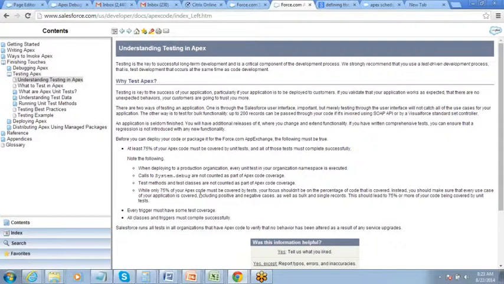Let's say you have some validations in that object. You're performing an insert operation and you have some validations. Okay. So in the test, you should try to insert a dummy record which violates the validation rule, and then test if the record got inserted or not. That sort of thing. Correct?